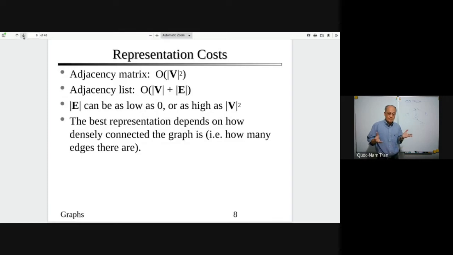So in terms of memory space, the adjacency matrix requires big O of n squared, where n is the number of vertices, right? And for the adjacency list, we just need the number of edges plus the number of vertices. In real world applications, the number of edges is much smaller than the number of vertices squared. So that's why, if we use an adjacency list, we usually save a lot of memory space. Okay, but